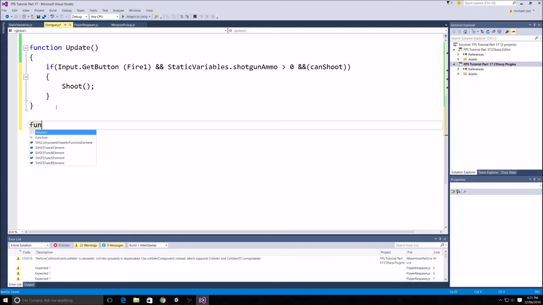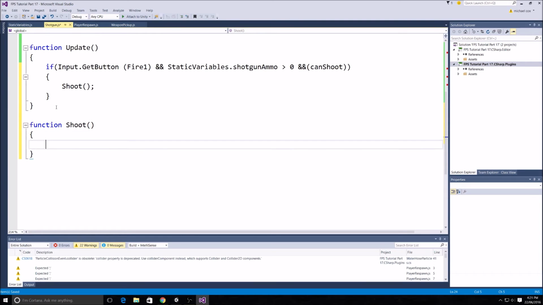So now we'll do function shoot, make sure you spell it exactly the same, with no semicolon on the end this time. So first of all, we want can shoot to equal false, and then we want to start to